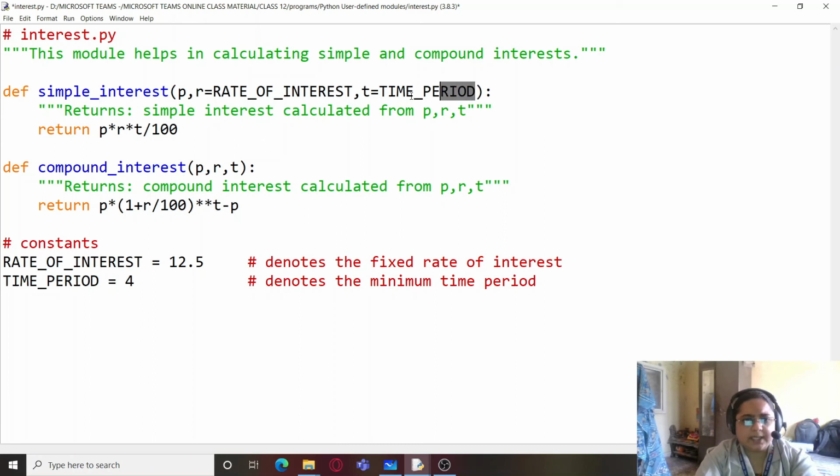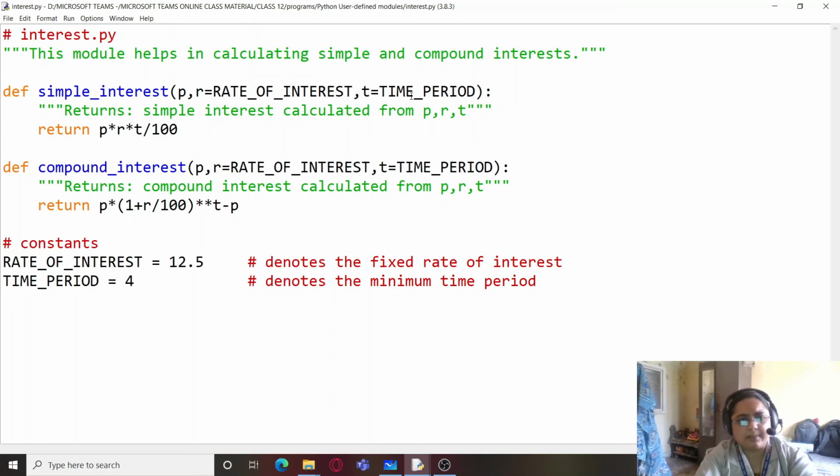So if the user doesn't enter the values, my module will automatically use the default rate of interest and time period. So all we need to do is just provide this value. So rate of interest and time period is provided, and this is how simple interest is to be calculated.